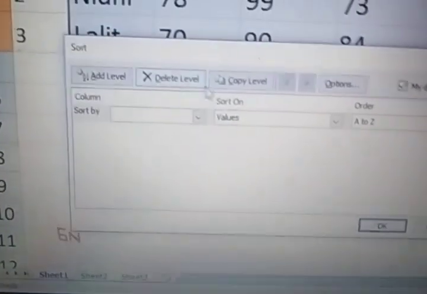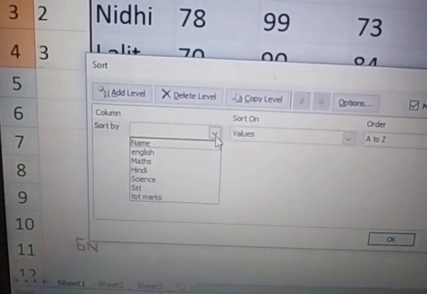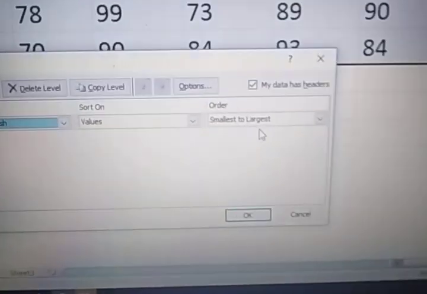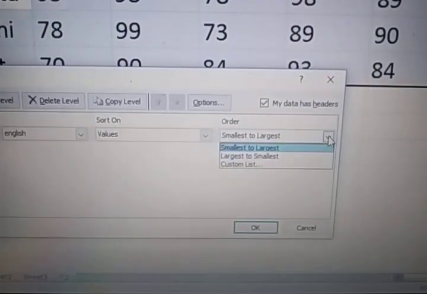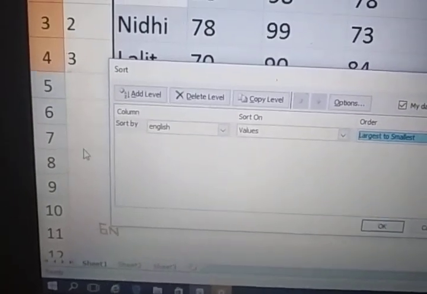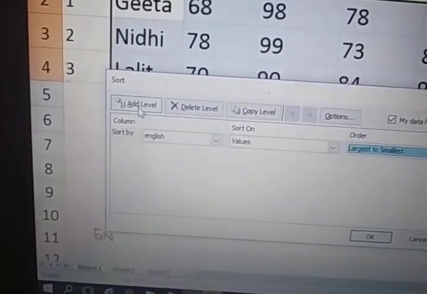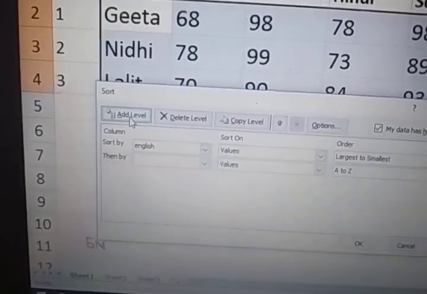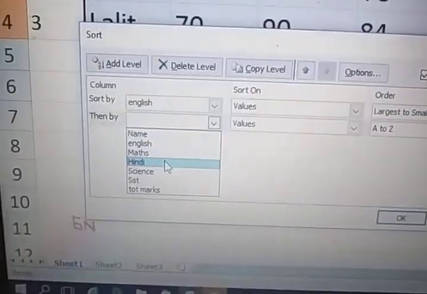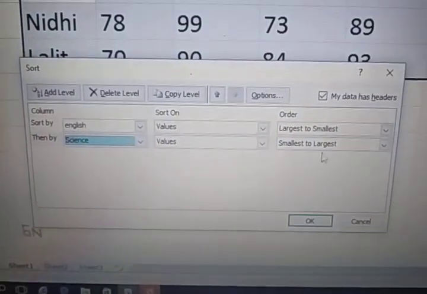In this pop-up menu, you click first on English, but in English we want largest to smallest. Then we add another level here, and we want Science. Click on Science, because we want smallest to largest.